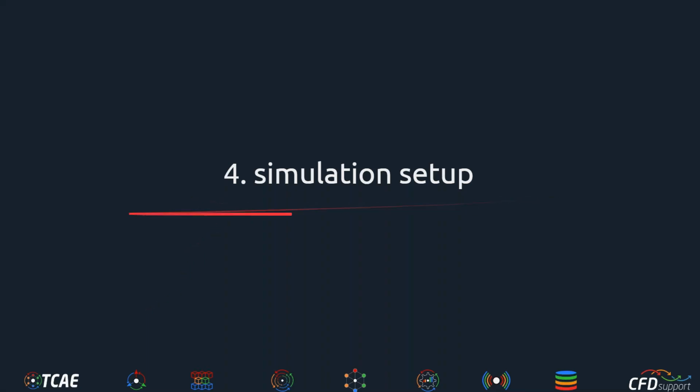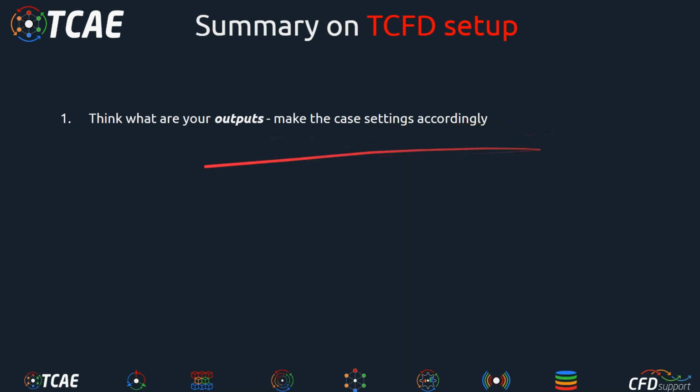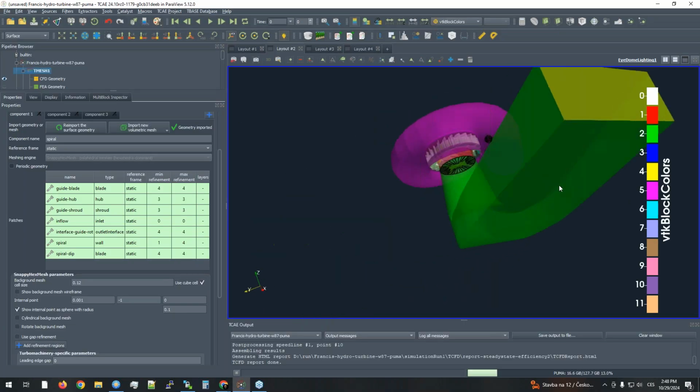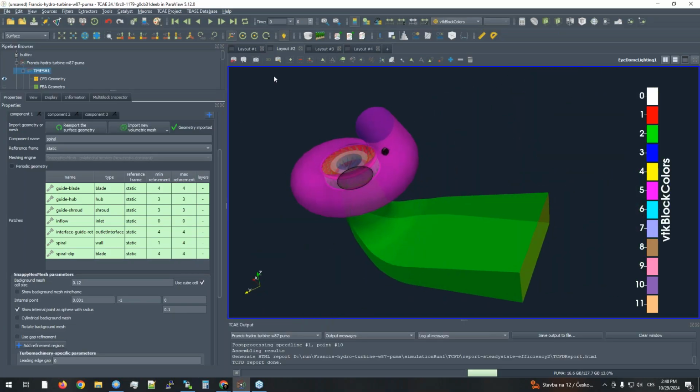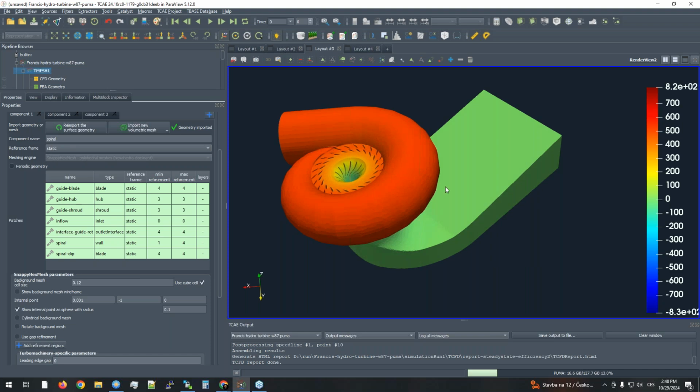Regarding the simulation setup, if you have the geometry and have the mesh, the simulation setup is way easier. Everything is easier then, because of course you have to think a little bit about what your outputs are. We recommend to make the settings accordingly to your outputs, right? So if, for example, in case of such a hydro turbine, Francis turbine, it's not a big surprise if I comment that